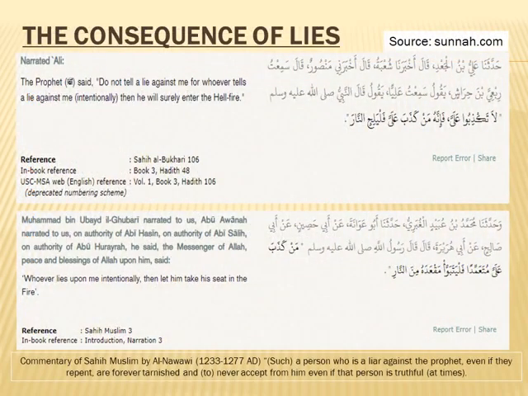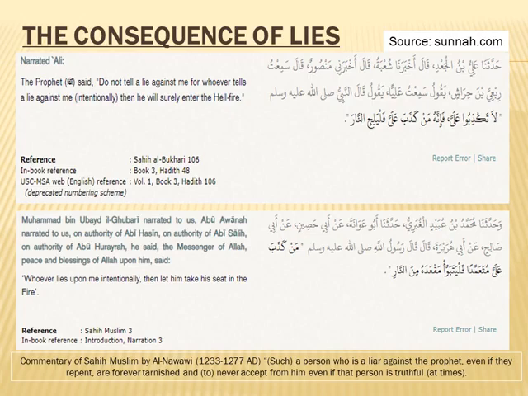These prominent Muslim scholars said this about Hafs because he lied in making up quotes and stories about Muhammad. Therefore, anything he quoted in a hadith was rejected straight away. The consequences of lying against Muhammad are explained in Sahih Bukhari, Hadith 106, where Muhammad is quoted as saying, "Do not tell a lie against me, for whoever tells a lie against me, then he will surely enter the hellfire."